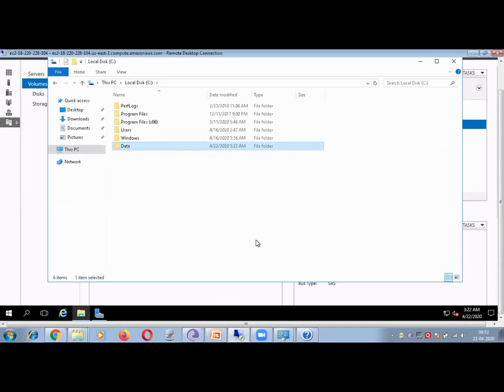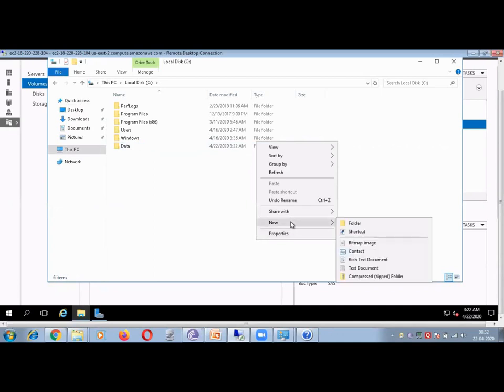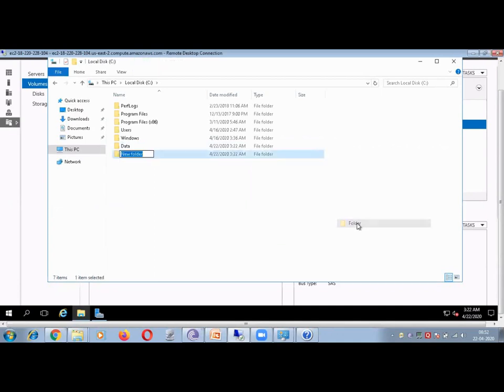Create another folder called backup. Okay, let it be two, otherwise it can be thousands of folders in a file server.